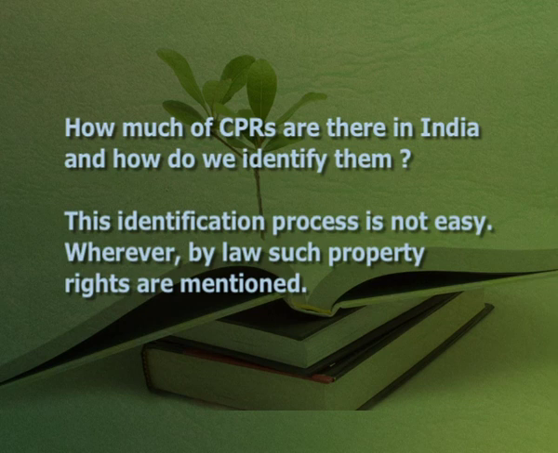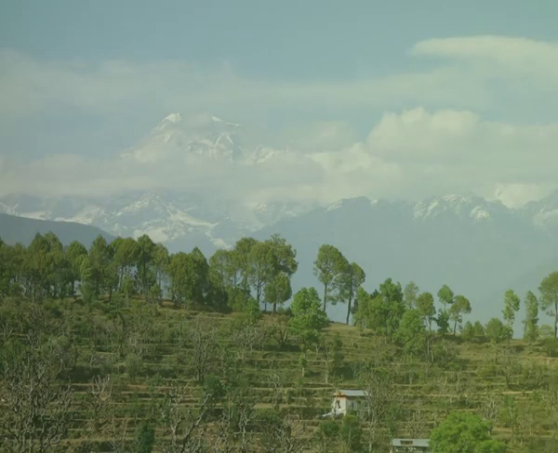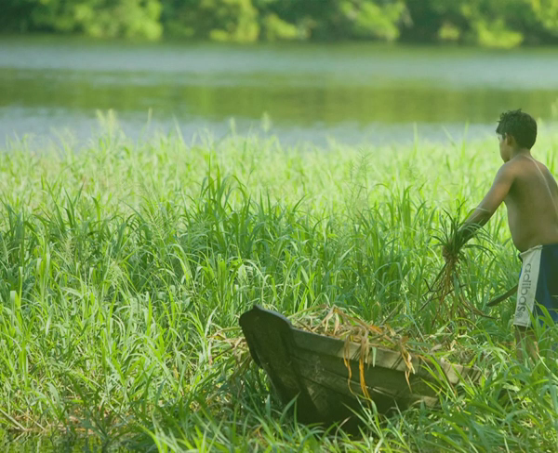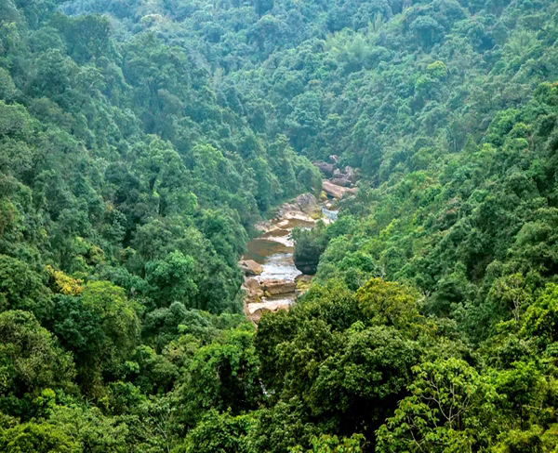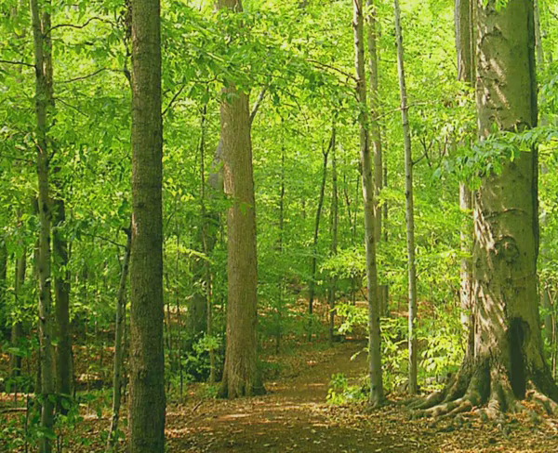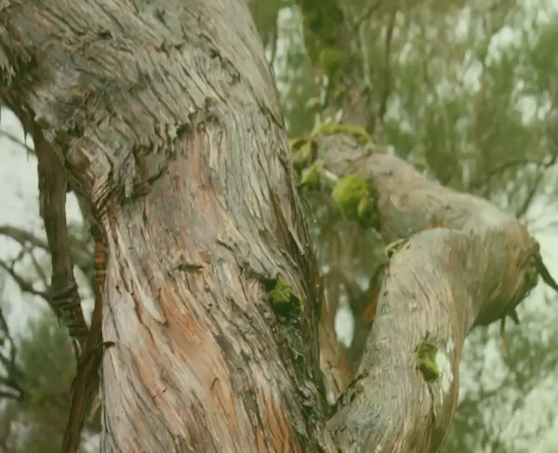This identification process is not easy. Wherever by law such property rights are mentioned, it is a matter of counting them, but in traditional societies and in many developing countries, quite often such rights are established beyond law by conventions and traditions. Simple examples are the sacred groves in the Himalayan and Western Ghat forest, village common grazing grounds, or tanks or buffer areas of forest for villages to have usufruct rights for their fuel wood, leaf biomass, fodder, and several non-timber